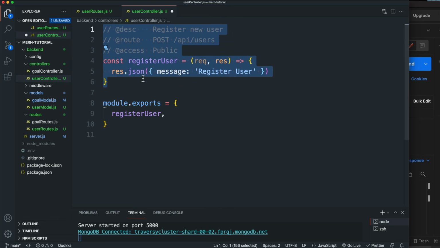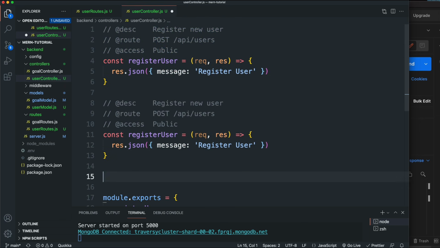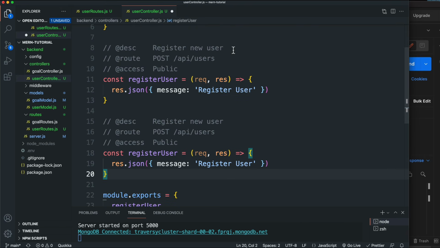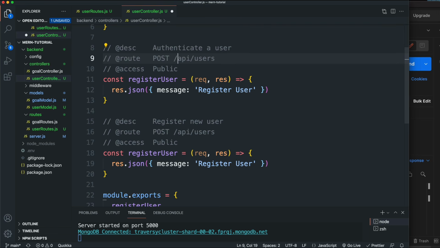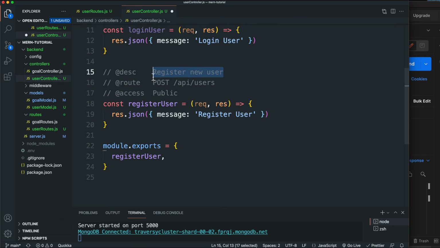So let's take this and copy that down. For this one, description, let's say authenticate a user, and this is going to be a POST request as well, but instead of /api/users, it's going to be /api/login, and that's going to be public as well. And let's say login user, and then we'll just respond with login user, and then this one here we'll just say get